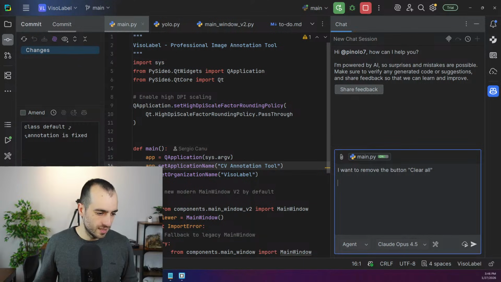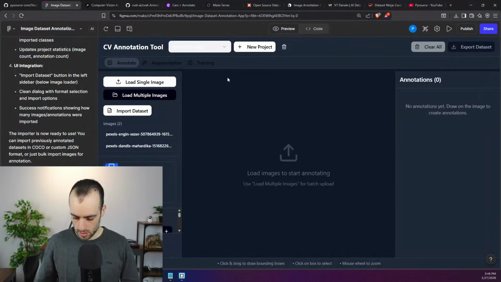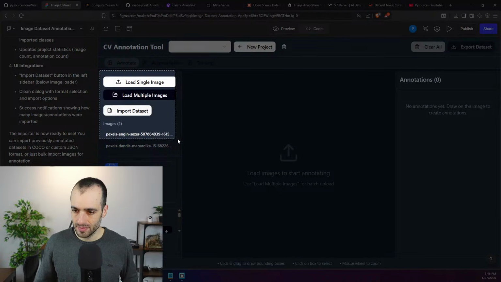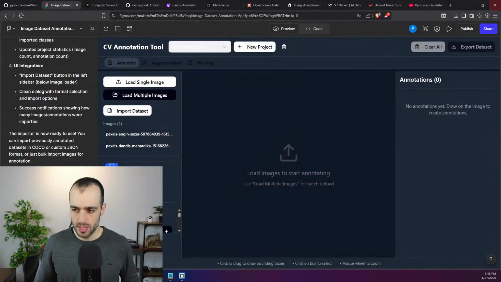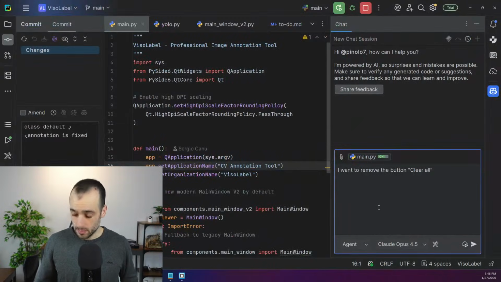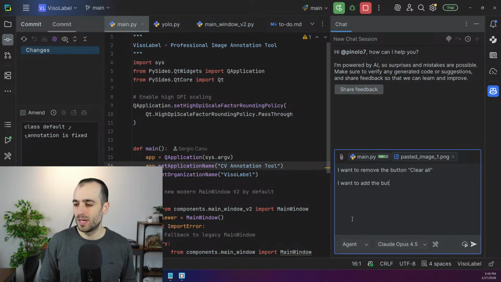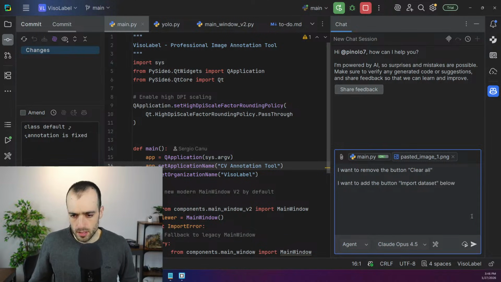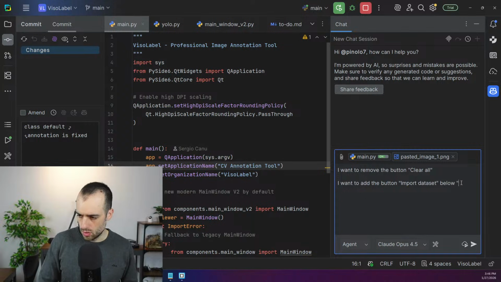I want to add import. So, import dataset below load multiple images as suggested by Figma. I took a screenshot, so I load the screenshot here. I want to add the button import dataset below load multiple images as in pasted image 1,